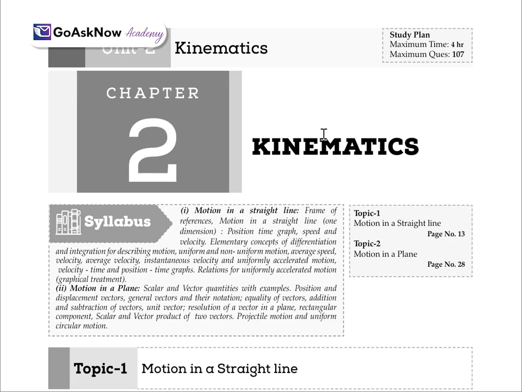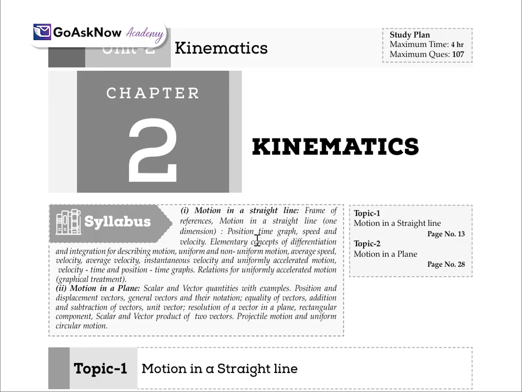Hi, today we will study chapter 2, kinematics. Here in this chapter, we'll basically read two topics. Topic 1 is motion in a straight line, and topic 2 is motion in a plane. In motion in a straight line, we study about frame of reference, motion in a straight line,